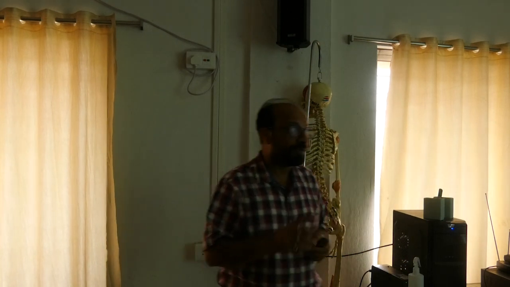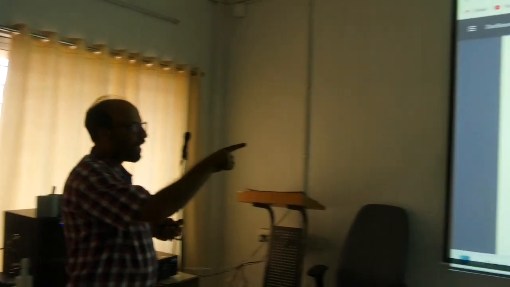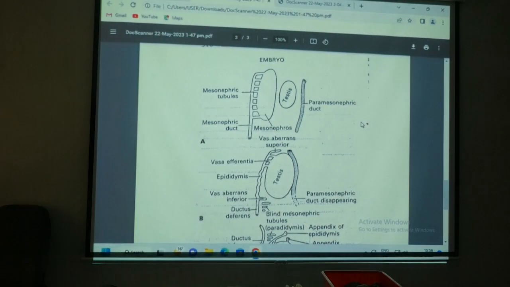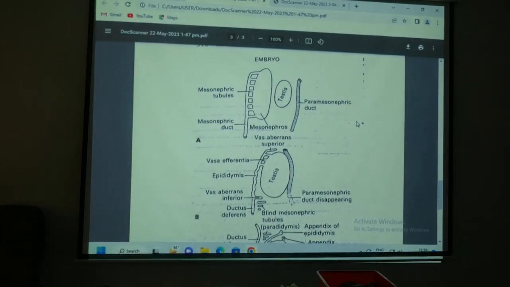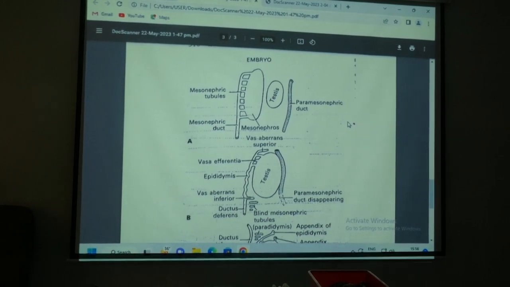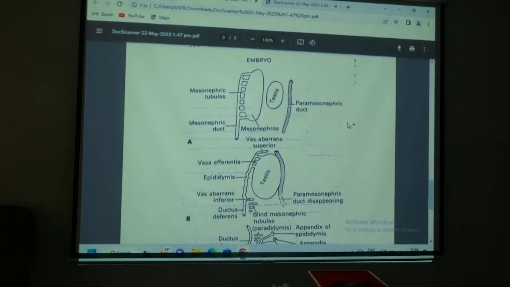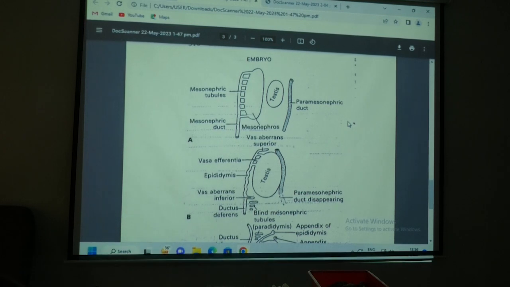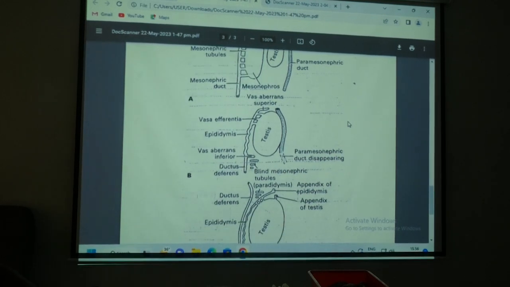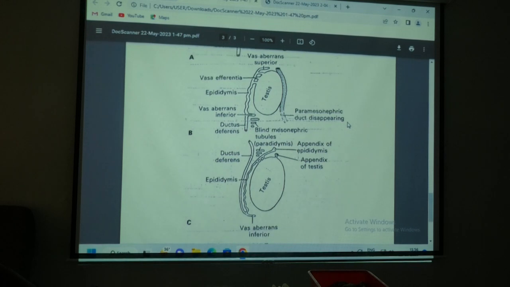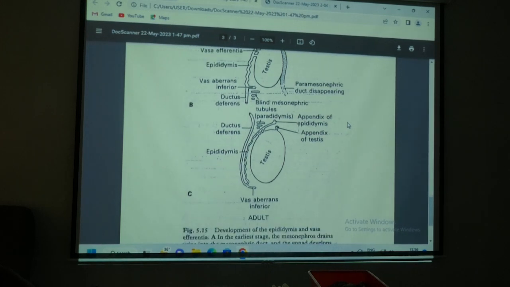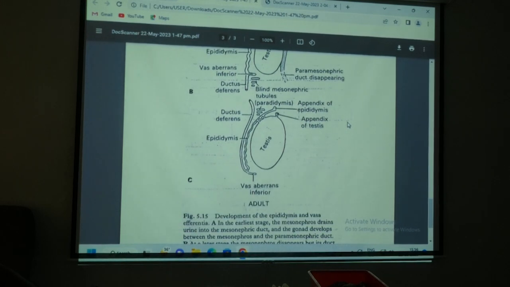ফলে মেলে দেখো সব ডিসঅ্যাপিয়ার করে গেল। আলটিমেটলি মেসোনেফ্রিক টিউবুলস, মেসোনেফ্রিক ডাক্ট সব তৈরি করেছে। দেখ ভাসা এফারেন্সিয়া, টিউবুলসগুলোই ভাসা এফারেন্সিয়া, এপিডিডাইমিস কয়েল হলো। এই ভাস অ্যাবারেন্স ইনফিরিয়র যেটা বলো, এটা অ্যাবারেন্ট রয়ে যেতে পারে, এটাও পারসিস্টেন্ট থেকে যেতে পারে। আর এই এপিডিডাইমিস এর পার্ট blind mesonephric tubules the ultimate এইরকম তৈরি হবে। অ্যাফারেন্ট থাকতে পারে অ্যাডাল্টে। লাস্টের যে পিকচারটা পাচ্ছেন এটা অ্যাডাল্টে।